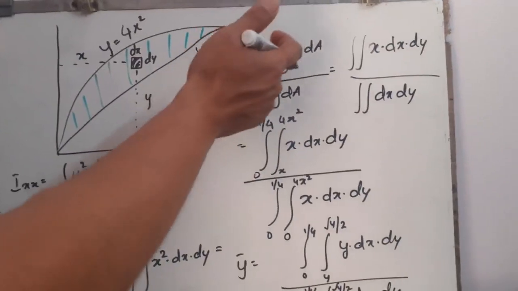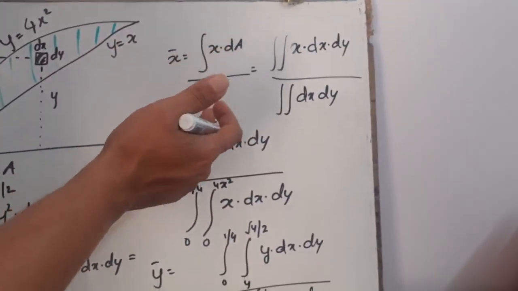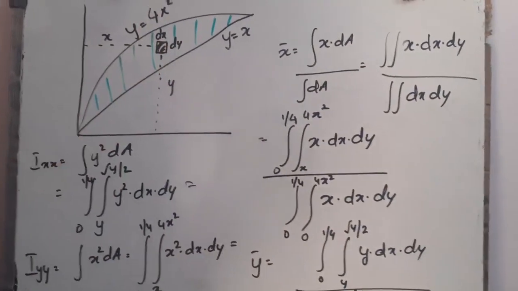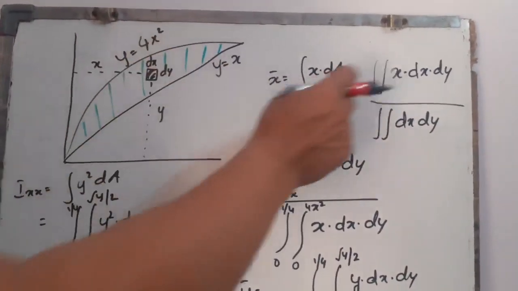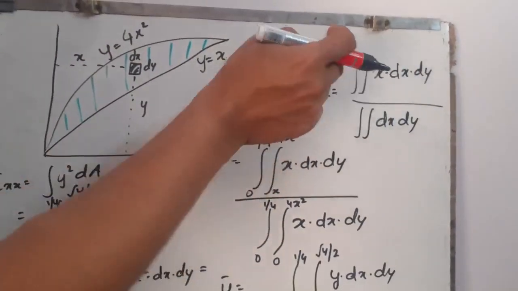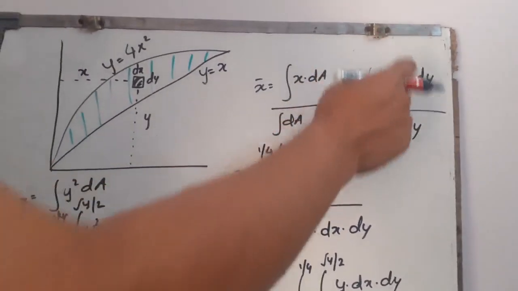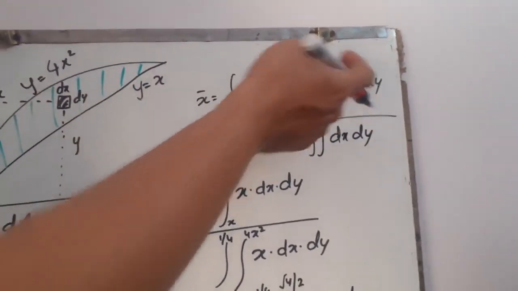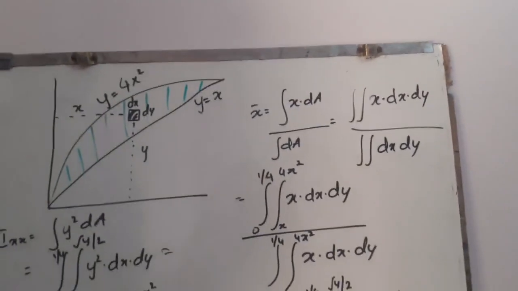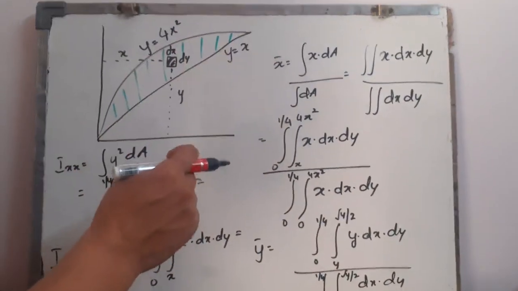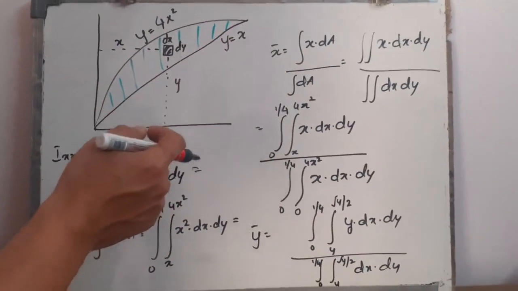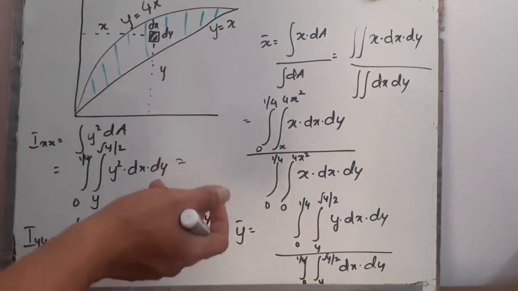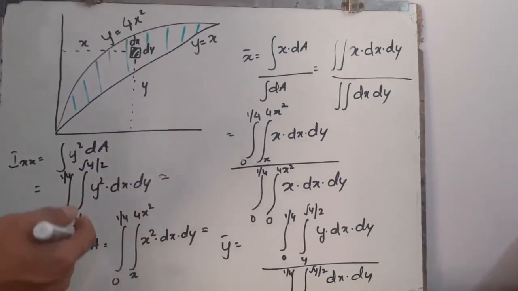So obviously x bar is given by integral x dA upon integral dA. We will be taking a rectangular element of length dx and depth dy. So the elemental area becomes dx into dy, and we are putting it into the standard form. As we have previously seen, this single integration gets converted into a problem of double integration. We not just need to understand the limits, we also need to understand which variable needs to be integrated first and which needs to be integrated second.